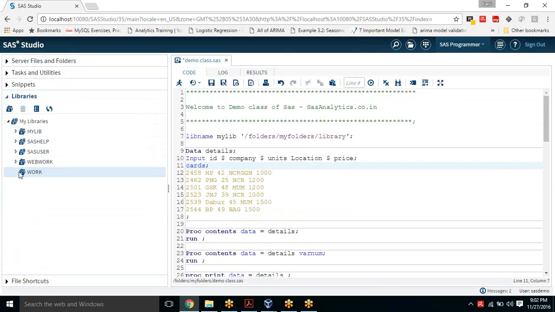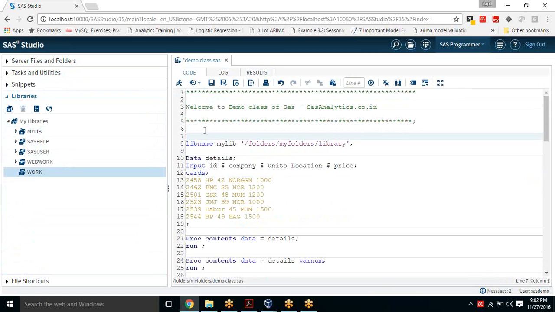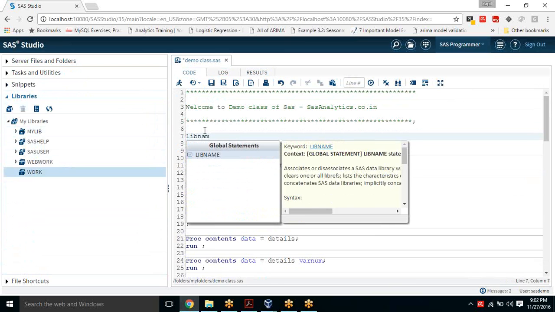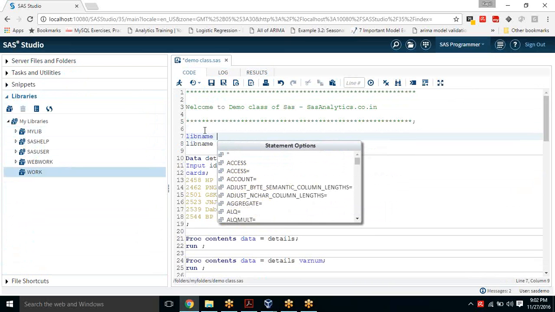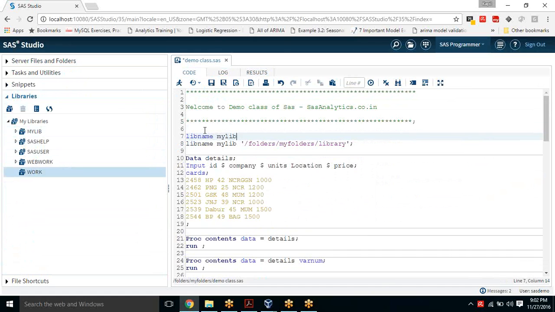So in order to save your work, you need to create a permanent library. I tell you the basic step first: how to create a permanent library. The code for creating a permanent library is this: libname, the name of your library, like mylib, and within inverted commas, you need to mention the path. The default path for SAS Studio starts with this statement: folders, my folders,